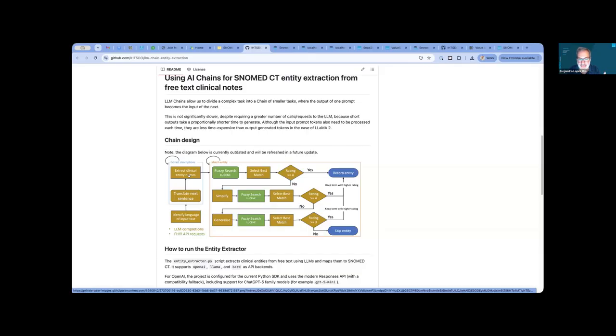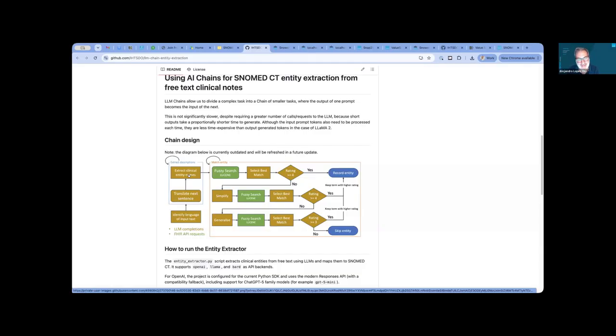Give it a rating from 1 to 5. And if it's 4 or 5, then we are fine and we consider that this was successful. But if it's not, then I need to change the text a bit, because maybe the clinical entity was recorded using words that maybe are not in SNOMED. So you request the model to simplify the text and search again.